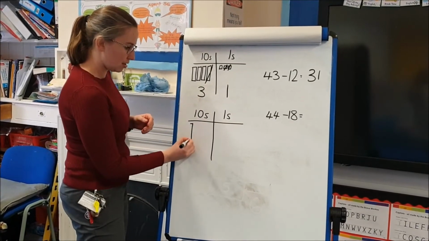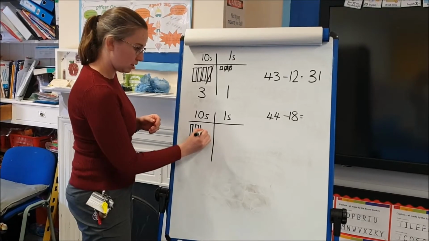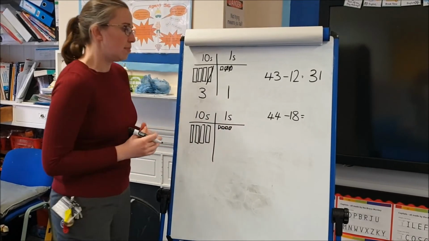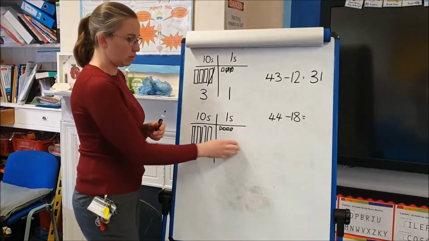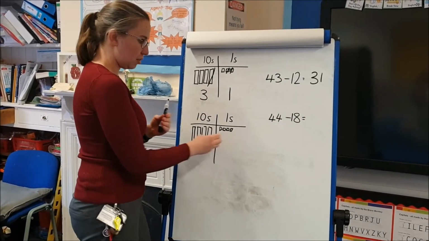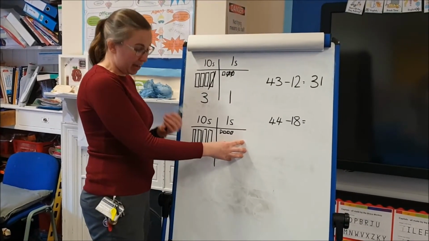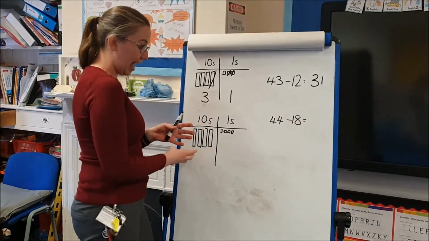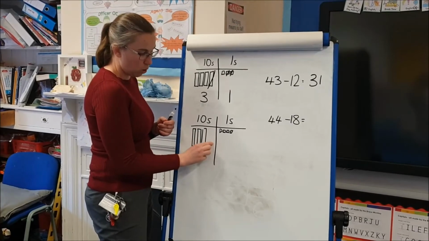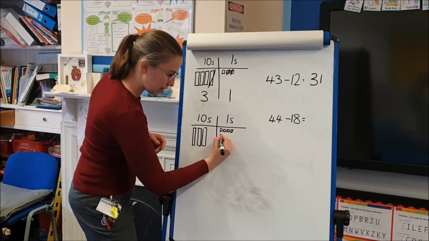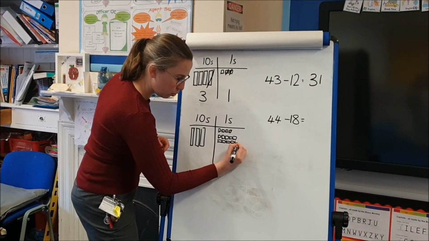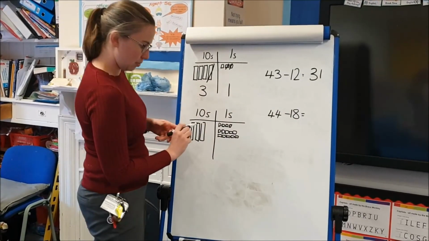it pictorially. So the same layout, we still encourage the children to draw base 10 pictorially, but then if we take 44 take away 18, we start with the 1s here, but you can see I've only got 4 to take away from. So I need to be able to make my 1s column bigger so that I can take 8 1s away. I have got surplus 10s available to me, so what I'm going to do is exchange one of those 10s for 10 1s instead, which will now leave me with plenty of 1s that I can now subtract 8 away,